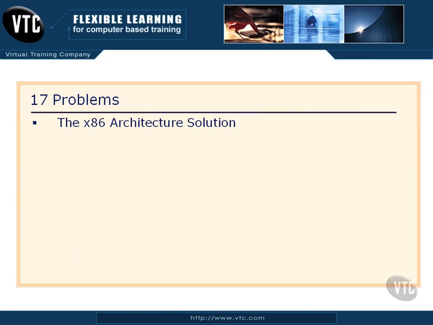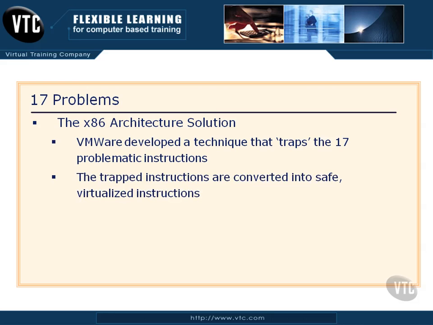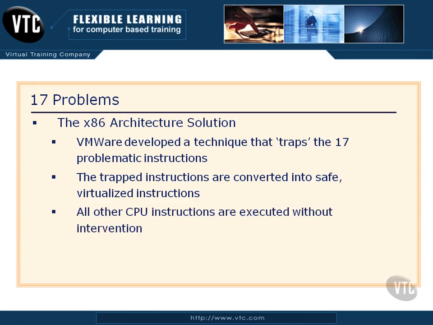So VMware just simply did a little brain work here, and they came up with an architecture solution, and that was, don't worry about the CPU. They developed a technique, a software solution that basically traps the 17 problematic CPU instructions. When it sees those get called, it traps them, and then converts them into safe virtualized instructions based on what's calling them, how they're being called, what we're trying to do, and all that sort of stuff. Each of those 17 problems were basically redirected or morphed into something that the CPU could understand and do in a safe way.